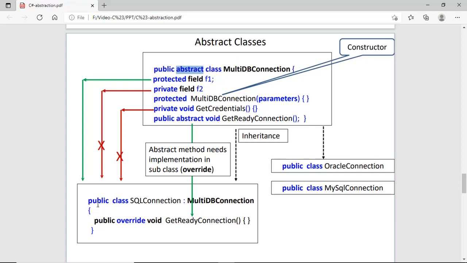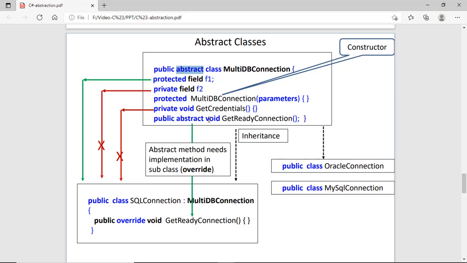Say we have public class SQLConnection, in this class we are creating the SQL connection and inheriting this class MultiDBConnection, and then we implement that abstract method, and we can define our logic within the body of this method. In the same way, if you write other classes, say public class OracleConnection, MySQLConnection, then you have to implement this abstract method.